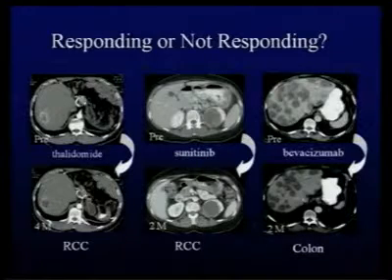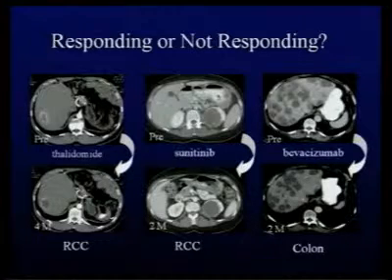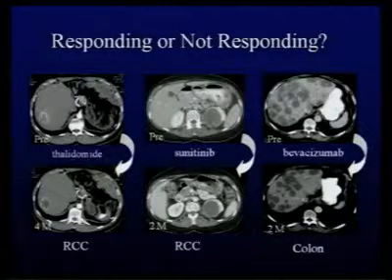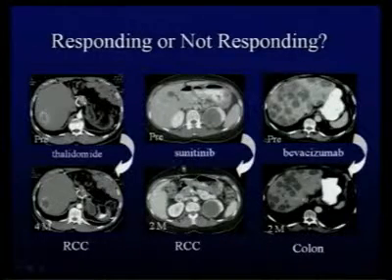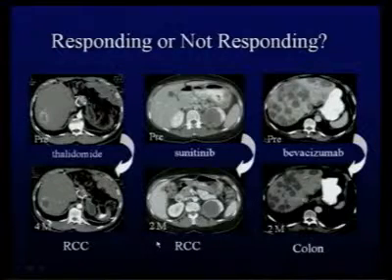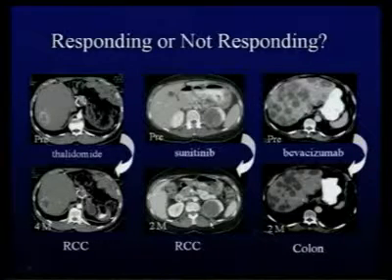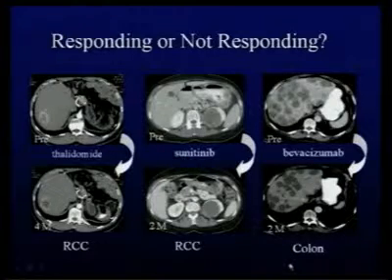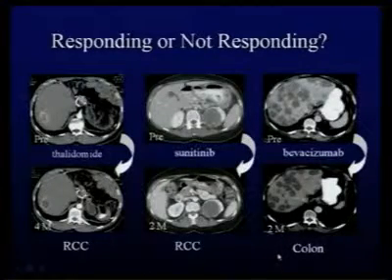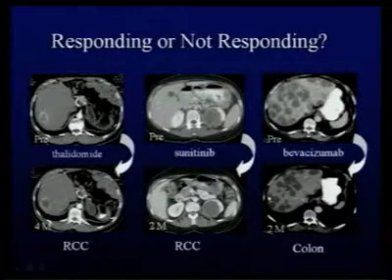Now we see those features more and more recently, particularly in patients undergoing the new targeted therapies, including imatinib, Sutent, Avastin, and that group of treatments. There are two patients I put here. One is a renal cell carcinoma on Sutent treatment, pre- and post-treatment 2 months after. You can see the tumor is still there and very similar, except the subtle changes inside are no longer there. And the colon cancer on Avastin, which is an anti-angiogenic drug, 2 months after, they're very much different, but the tumors are all still there. So